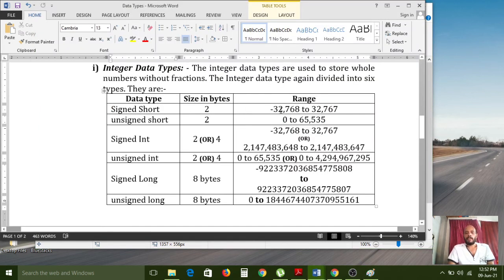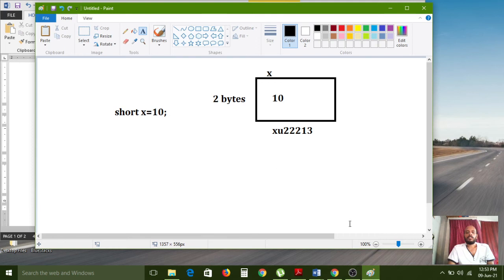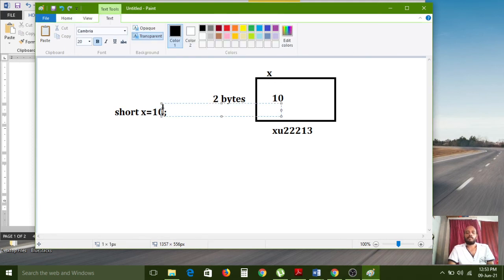And the value range is minus 32,768 to 32,767. The short data type can support this many values. So this is also valid: short x equal to 32,767.